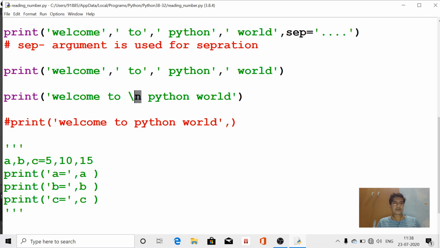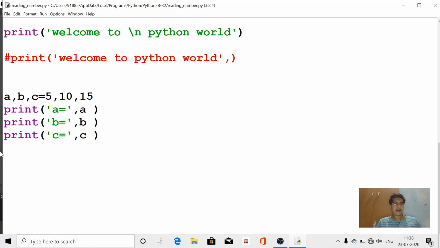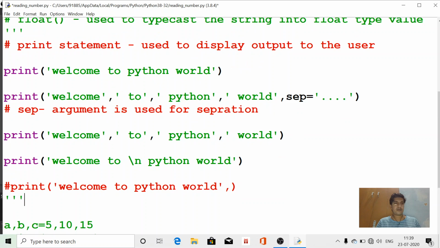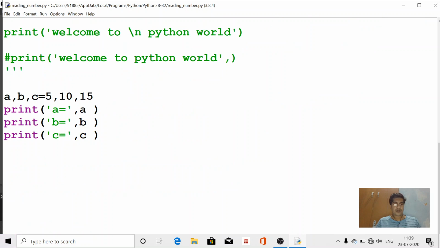Now here, observe this program. Here A, B, C are 3 variables, and 5, 10, 15 are the values respective to A, B, C. Now we are going to print A, B and C. Now check the output.